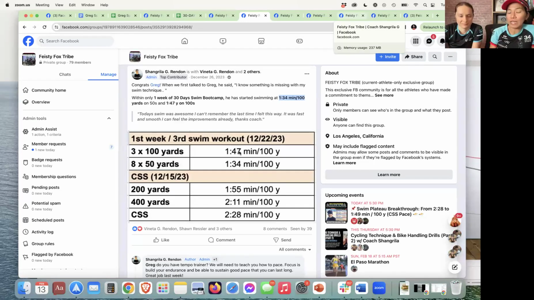But Greg, you're a great sprinter, but your goal is 70.3, Olympic. You want to sustain that pace for a longer duration. As you can see right now, you're not able to sustain it. When it comes to 100, it goes down. It's still good, but this is the part where, how do you analyze whether you're doing good or what you need to do next?